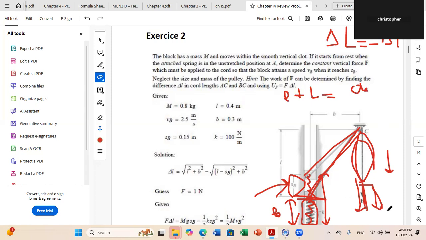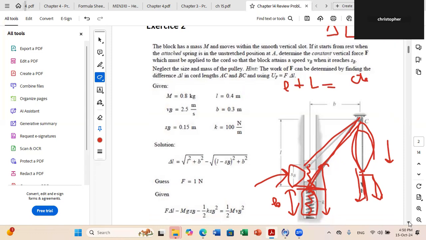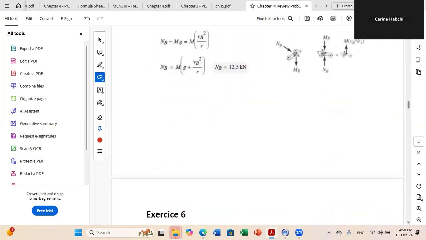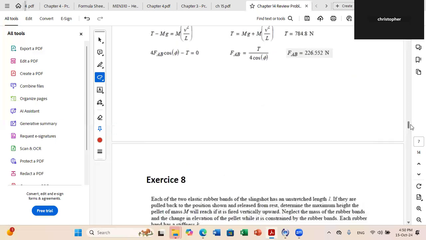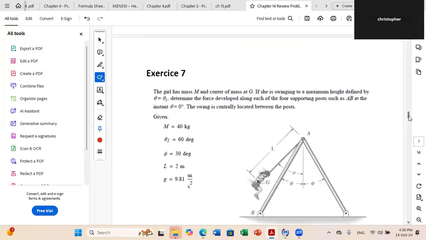Okay. My second question is in exercise 7. Just when we take the video of the girl and the cord and the girl sitting on the swing. Why don't we consider the normal that the swing makes on the girl? Because you considered only the girl, or you considered the whole system? No, I consider the girl with the tension of the rope and her weight. Okay, because look, the girl